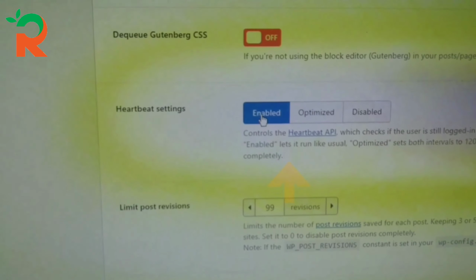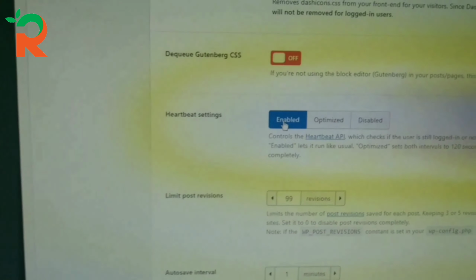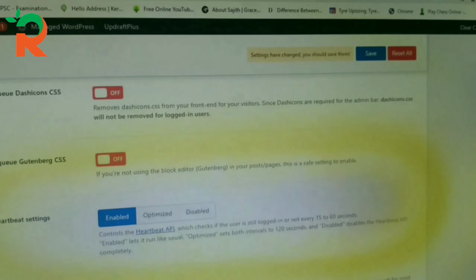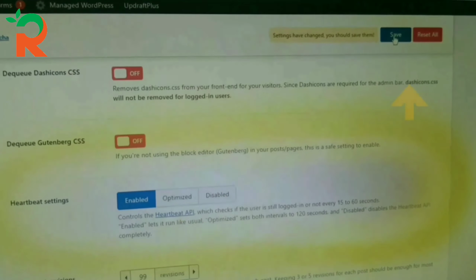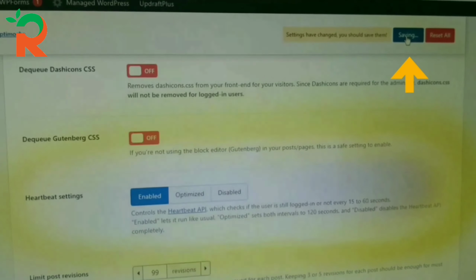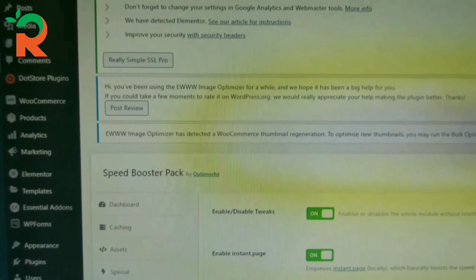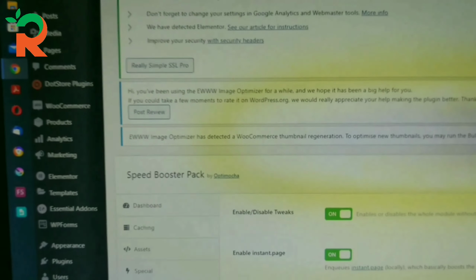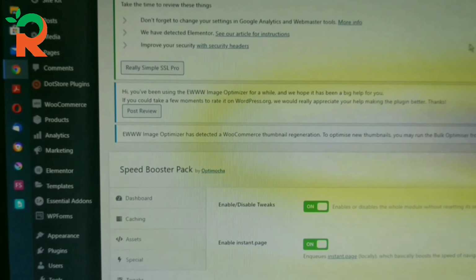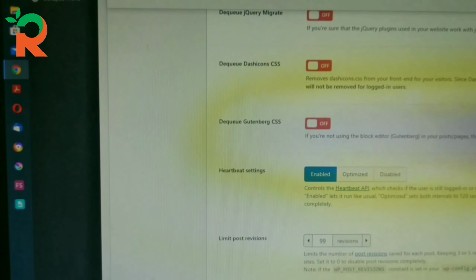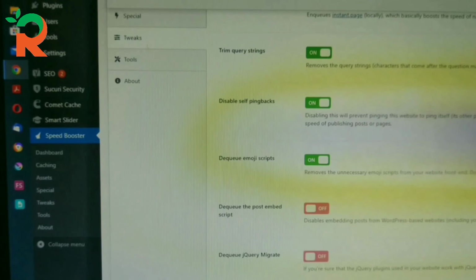So I am reverting it back to enabled. Now I click on the save button to make the changes effective. Okay, so this heartbeat setting might be there with Cache plugins as well as other Speed Booster plugins like this. So now we have just changed it from the optimized to the enabled state.